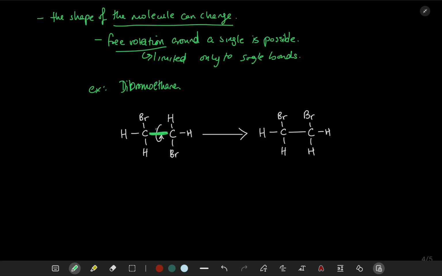So this is not a rigid structure, and one side of the molecule can rotate, and you can end up having two bromines on one side, or one bromine there, one bromine there. So even though for the most part these covalent bonds have great stability, which results in the shapes of molecules having great stability, there's also the ability of the molecule to change ever so slightly,